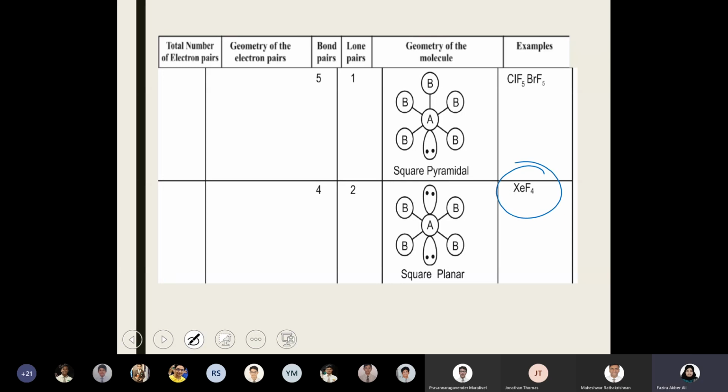Okay, the next question is XeF4. You can write it down in a similar way; the same thing will happen. So here in XeF4, as you all said, there is no doubt about how to proceed, or how to explain or work out the geometry and shape. We'll just continue quickly with the other two examples as well.